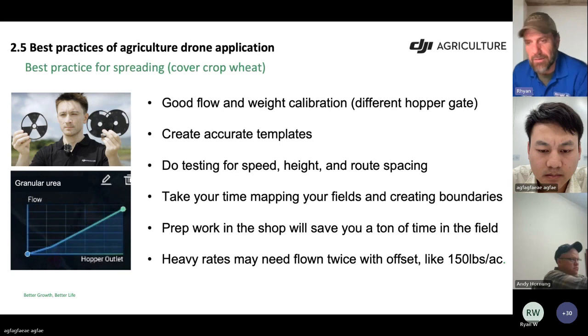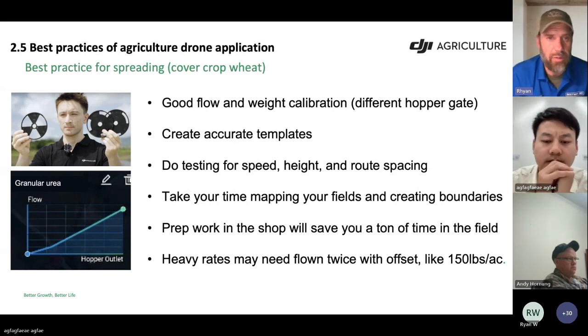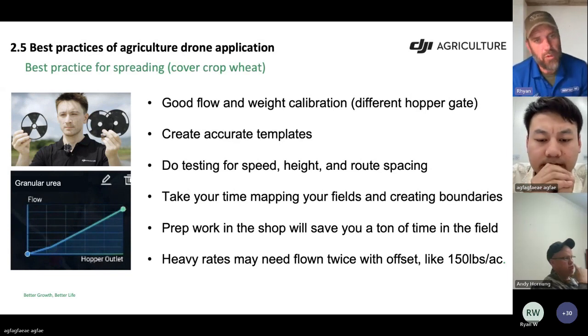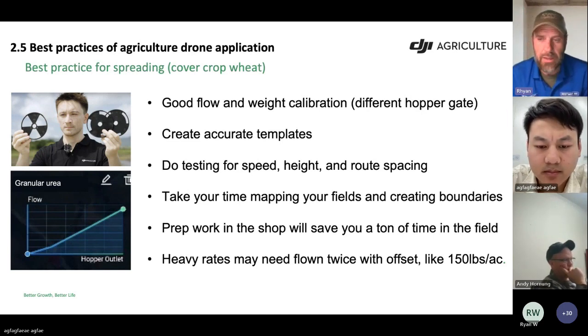If we can adjust that with variable rate and control what we're doing, it really gives us better growth out of that land. We start reducing some of that chemical input. So now when we go through and put cover crop in it, we're going to get a little bit better. So when it comes to spreading cover crop, or anything you're spreading granularly, the number one thing you gotta